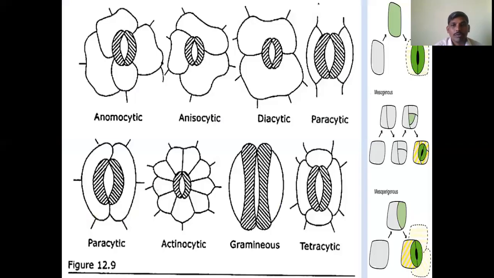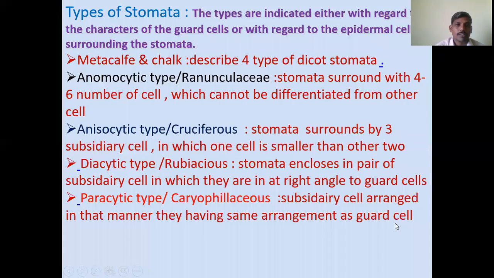So just let's go through that. Based on development, mesogenous and mesoperigenous are both there. A part of the cells derive a few subsidiary cells along with guard cells, and another type of initial cells derive the remaining subsidiary cells. Both conditions are seen in this type. In the mesogenous type, guard cells and subsidiary cells develop from the same type of mother cells. So this is perigenous, this is mesogenous, this is mesoperigenous.